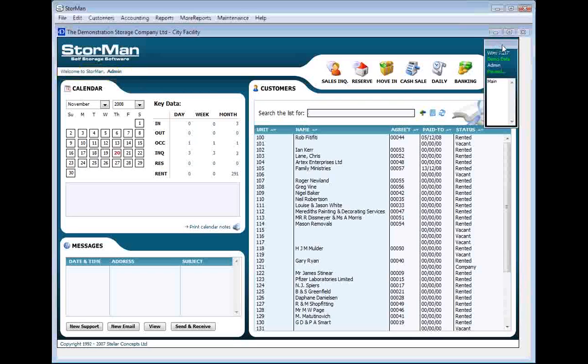Just underneath that on the floating window after admin, you currently see in green paused. Now that flicks around every 10 seconds or so, as you can probably just see there, and it does a couple of things for us. It's called a log monitor process. And what it does is run every 10 seconds and do a couple of things. It checks for any emails that are waiting to come into Storman or waiting to go out, such as invoices, quotes, and so on. It also checks the gate system to see if there's